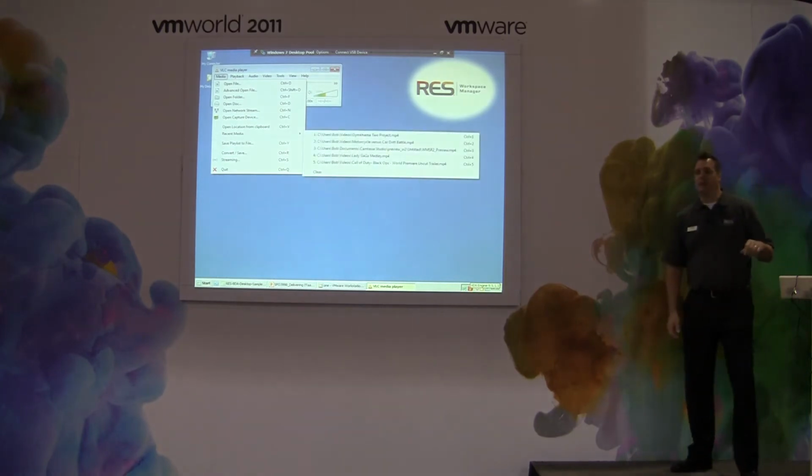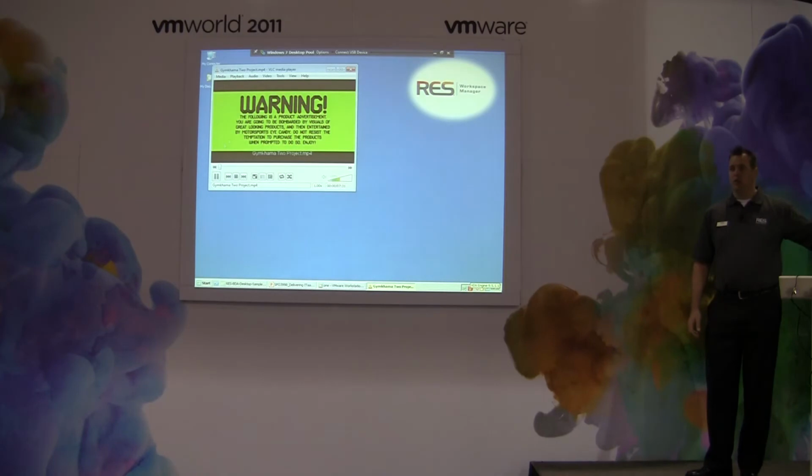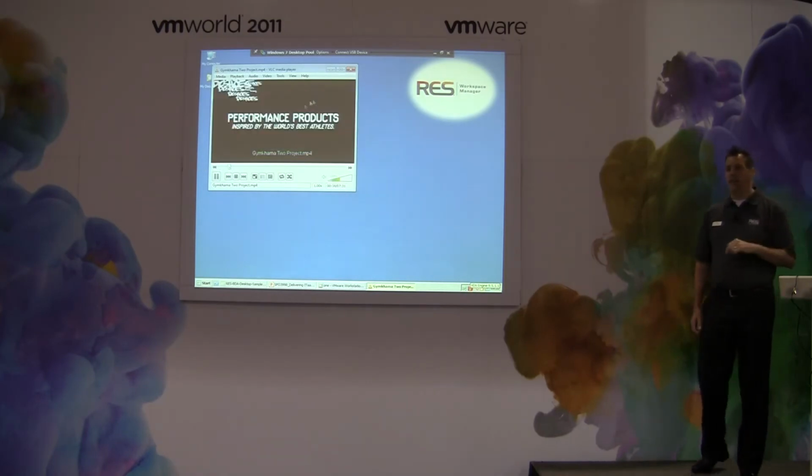So this is an application sitting on this machine down here locally, running up inside the virtual machine, accessing data